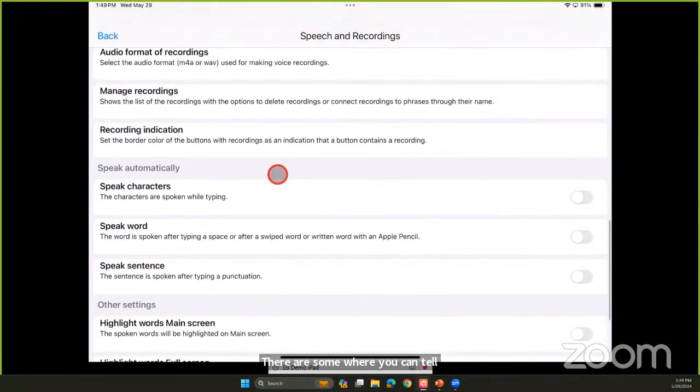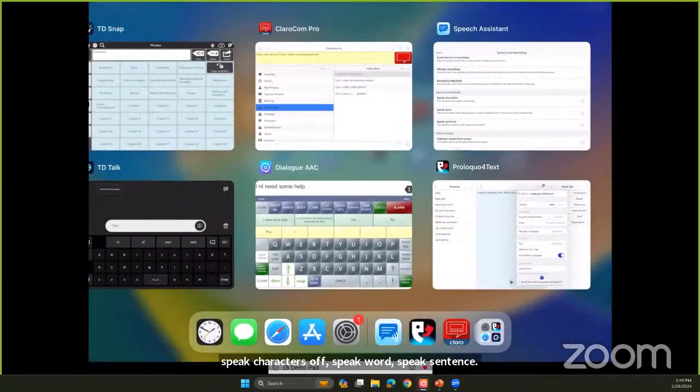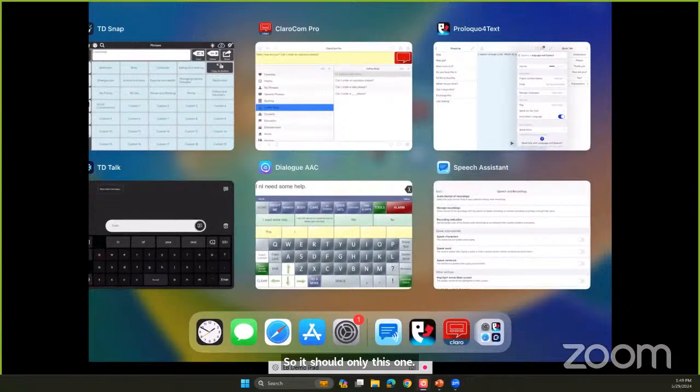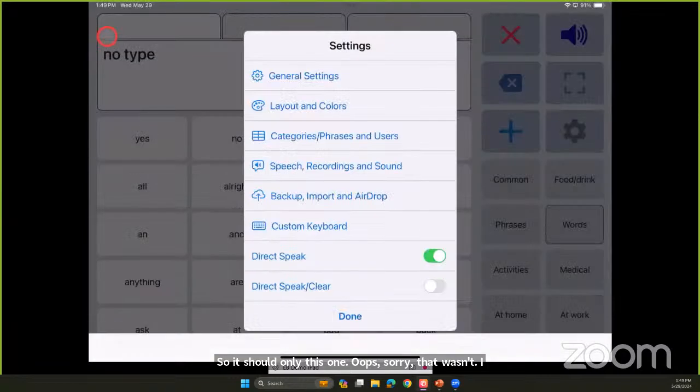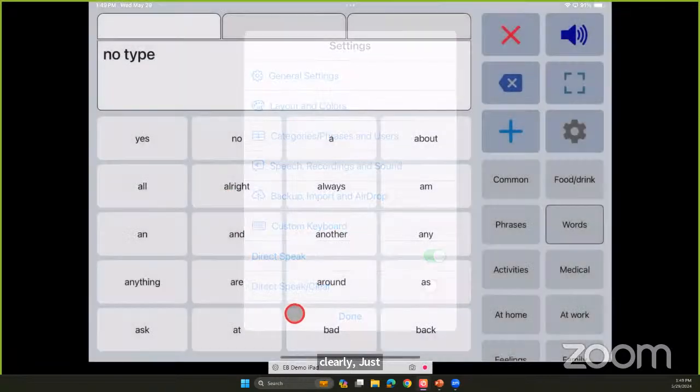This one has speak characters off, speak word, speak sentence. So it should only speak, whoops, sorry about that, where'd it go? There it goes.